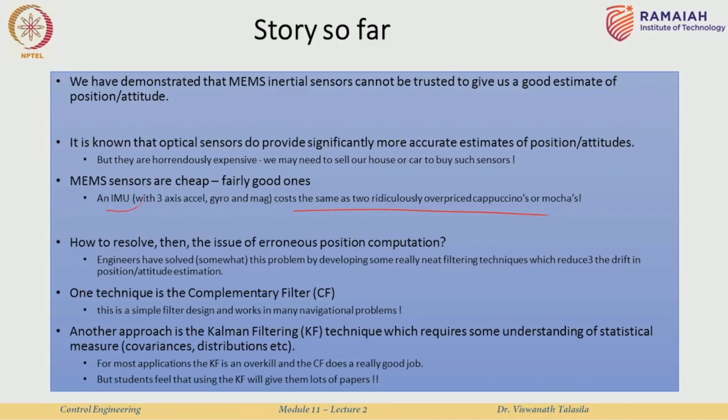So, a complete IMU with the accelerometer, gyroscope, and something called a magnetometer, which is like a compass, costs less than 2 cappuccinos. Well, there are various techniques which we will be seeing in the next lecture